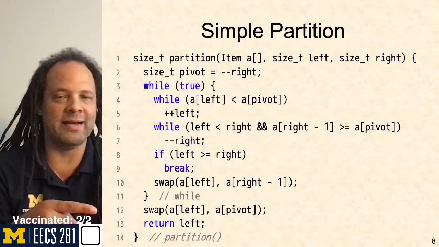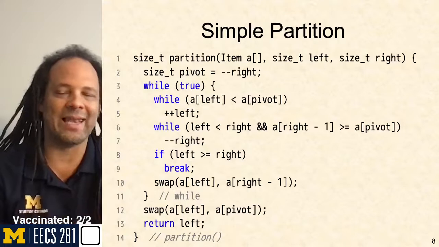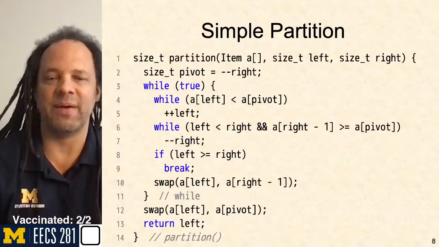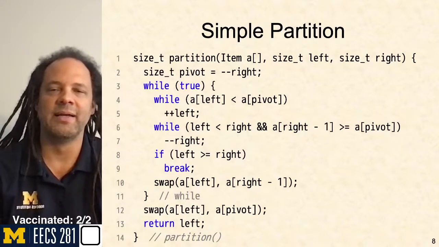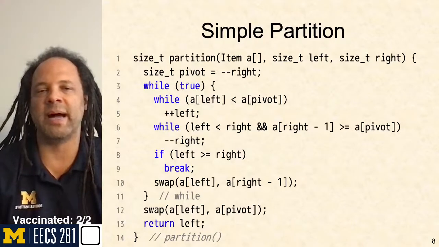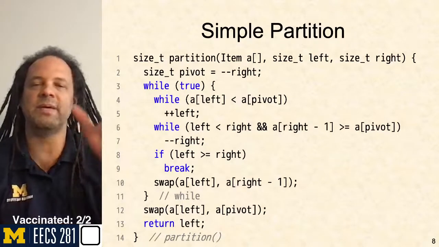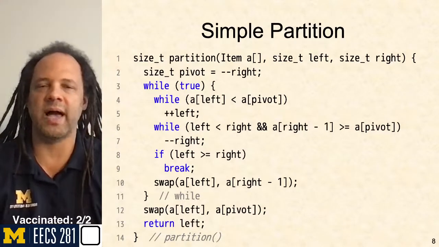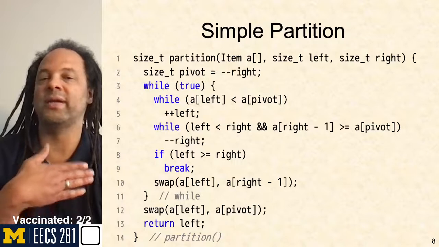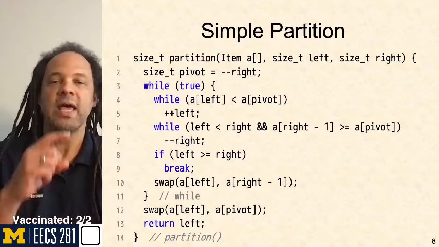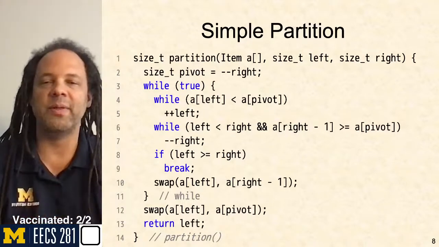I've got one last thing to do here. In line 12, it says swap what's in A at left with the pivot. The pivot was declared up here in our first line. It says size_t pivot is equal to --right. What's going on there? That pivot happens to be the rightmost item in the collection, because remember that as we first pass right in, right is pointing just past my good data. So if I pre-decrement right and set that equal to my pivot index, then when I look there, I will be looking at